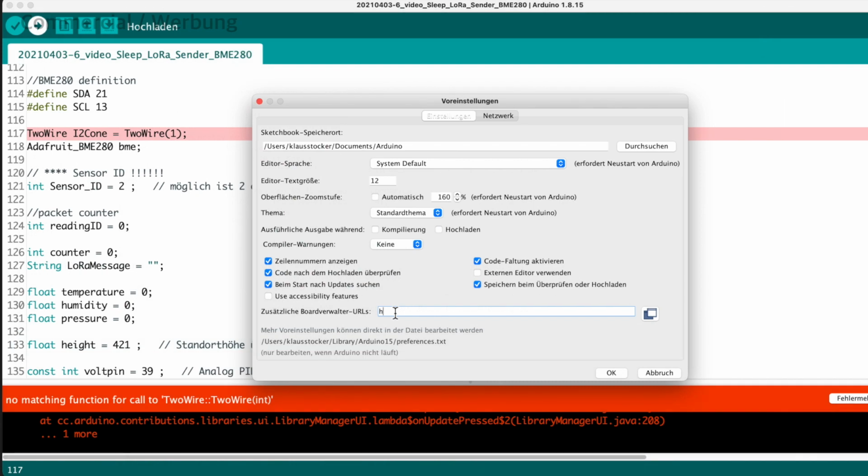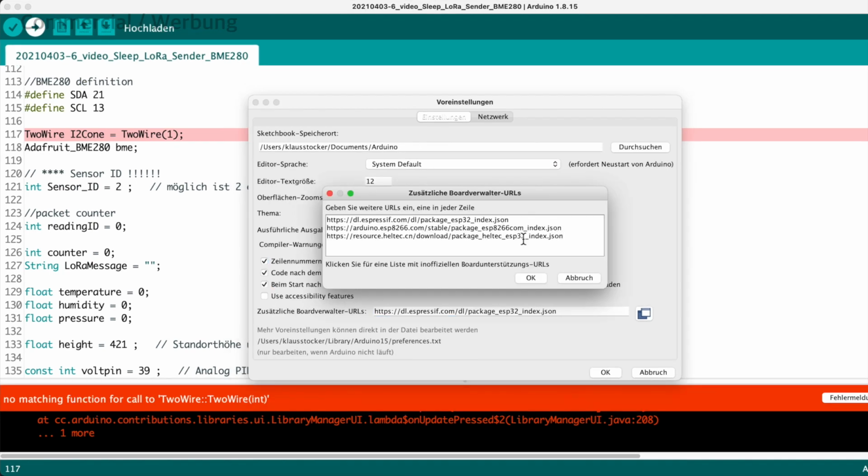I'm showing just very briefly here how to prepare your IDE. Without the right libraries or board drivers, you get a lot of error messages. First, you need to complement your preferences with some links that provide the supplier's data for your boards.